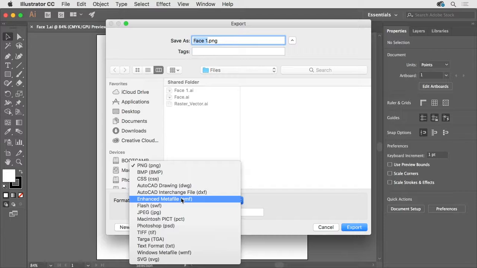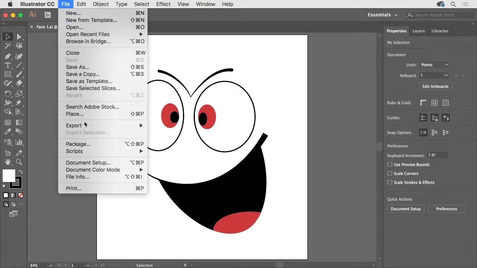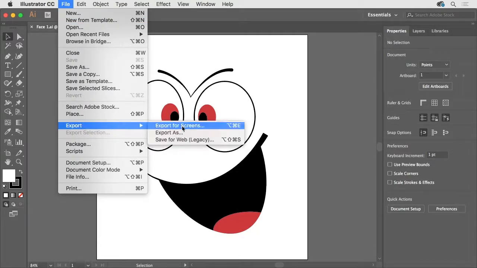Some of these are raster-based formats. As a matter of fact, a lot of them are raster-based formats. But if you're trying to export into a particular format, you can choose it from here by going to the Export As dialog box. I'm going to go ahead and cancel that. If I go to File and choose Export again, you'll notice that we also have Export for Screens, and this